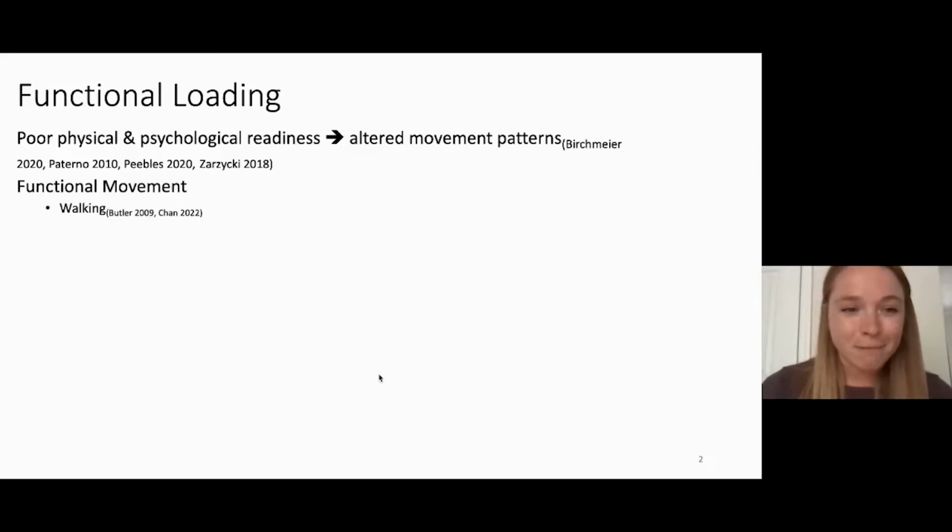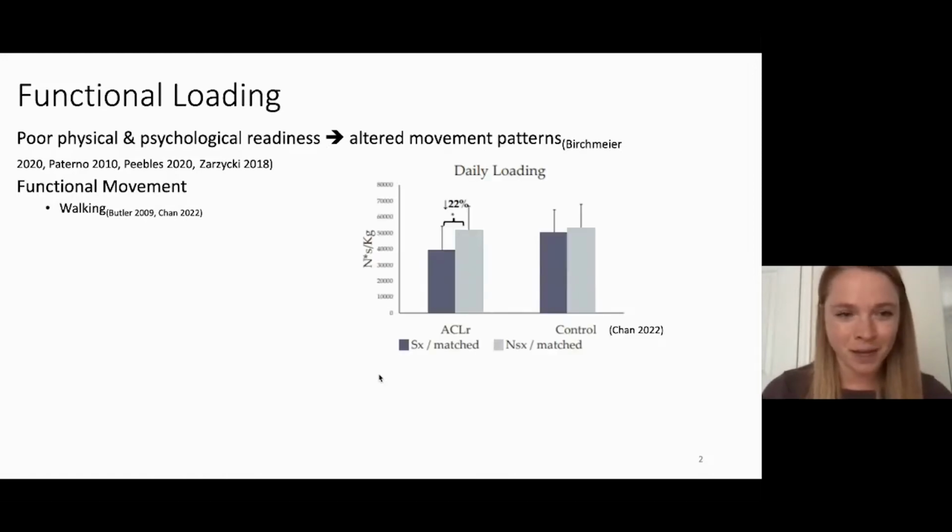So we are very functional beings. We really have a lot of functional movement that we engage in day to day. A previous study found, looking at walking, they looked at individuals who had torn their ACL and had it reconstructed, and then they had healthy matched controls. And they found that whenever you have an ACL reconstruction, those individuals offloaded their ACLR limb up to 22% in their daily loading activity, which can really add up over time, and can potentially be a problem later